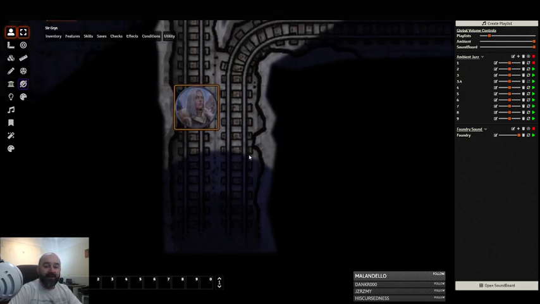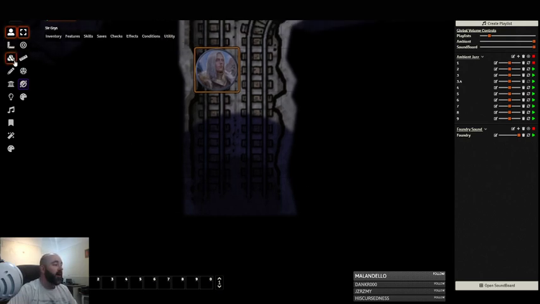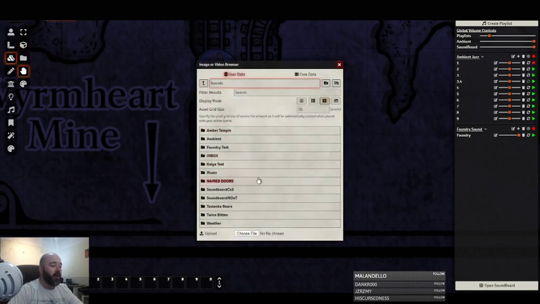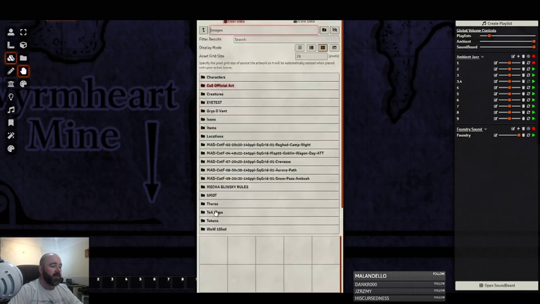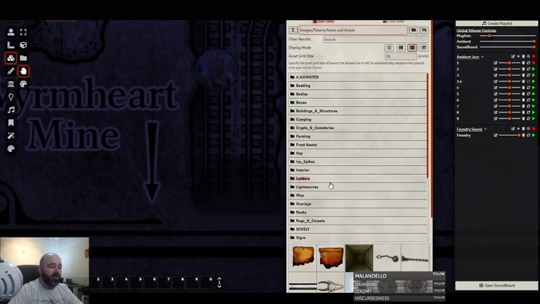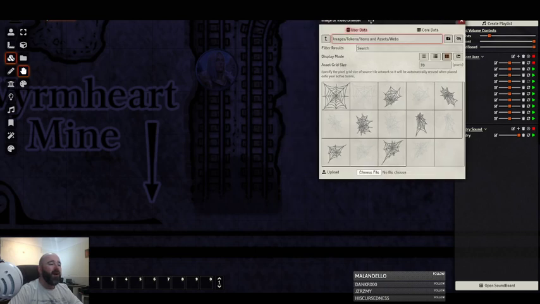Or you could put assets in here to cover the track with cobwebs. You could put drag assets in to put down a barricade, blocking it all off. It's entirely up to you. I could go into my asset menu and go, right, okay, I'm in sound still. I want to go images. I want to go tokens. I want to go items and assets. What sort of asset do I want to put in here? Have I got webs? Yeah, I've got webs. Not every